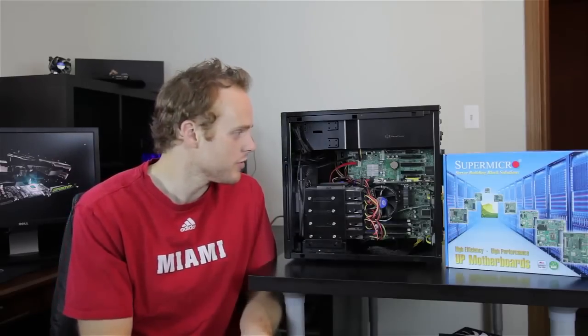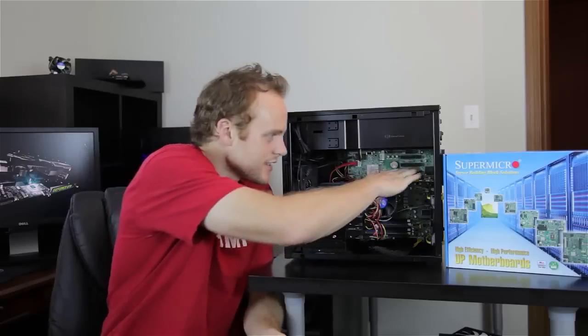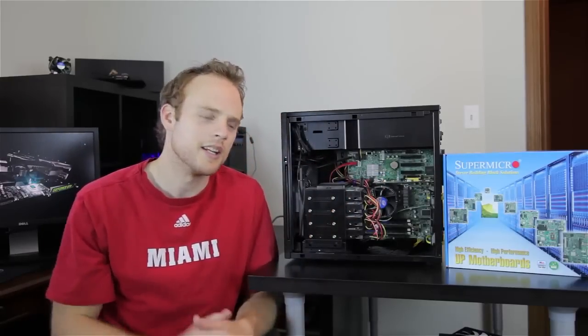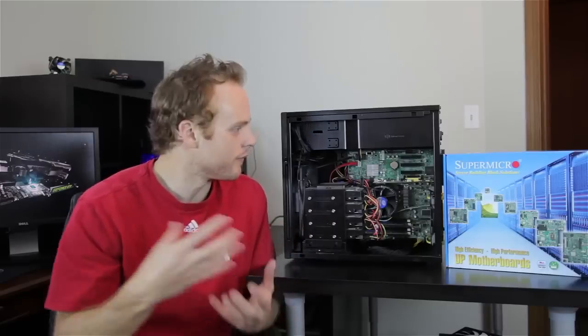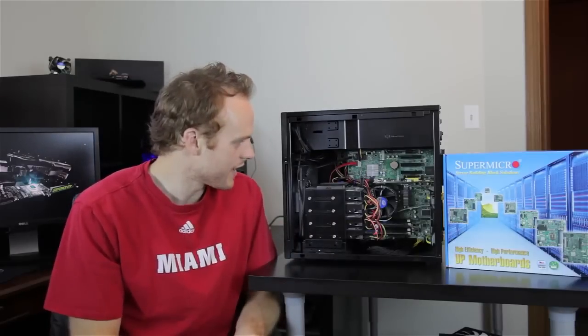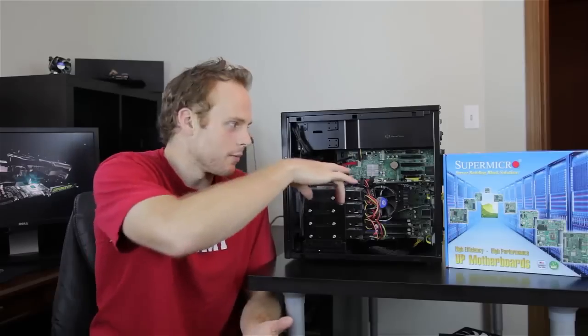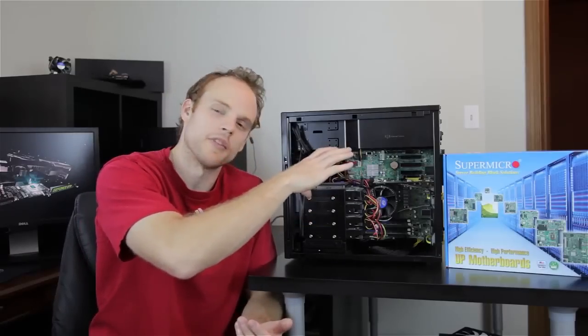Overall, the only issue that I slightly have with it is that this can get really hot. I have great cooling in here, but if you didn't have the best of cooling, it can get a little bit warm. That's something to keep in mind there. Probably get in here and get a close-up of this now, and get a close-up of the RAID controller and